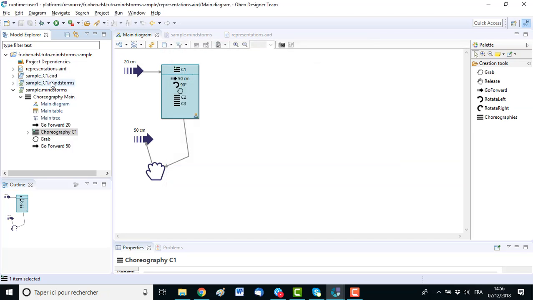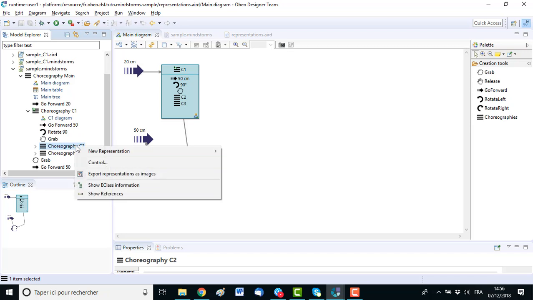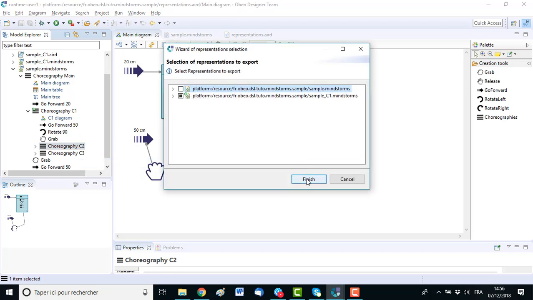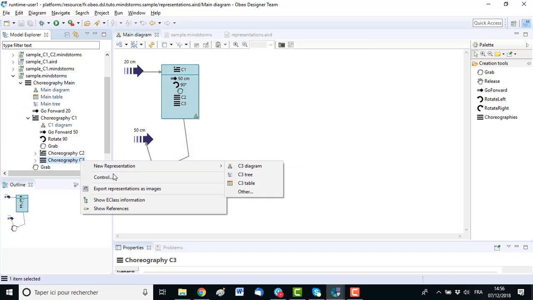So you can see now two new files, one containing the data and one containing the representations defined by this choreography. And in this choreography, I can also do the same for C2 and C3. So I can generate a file for only C2 and one for C3.